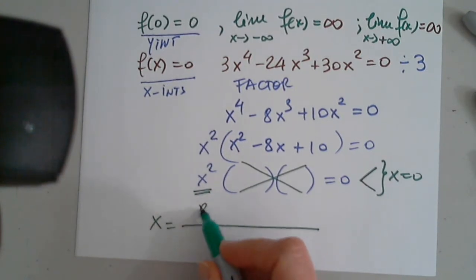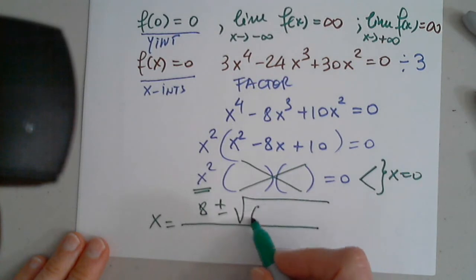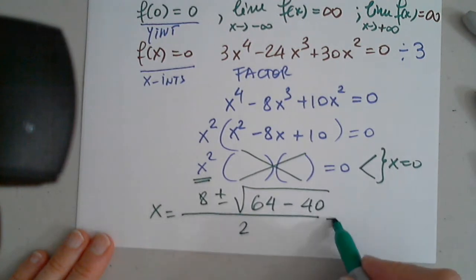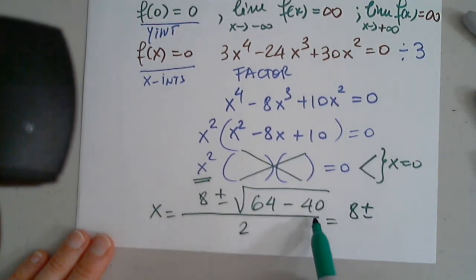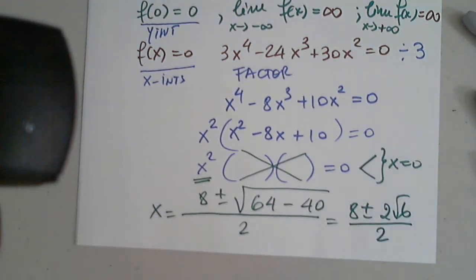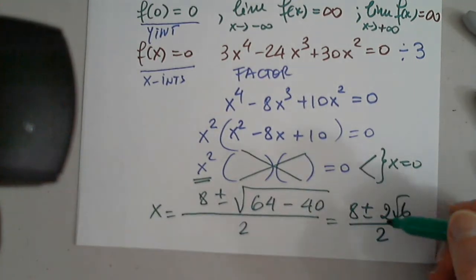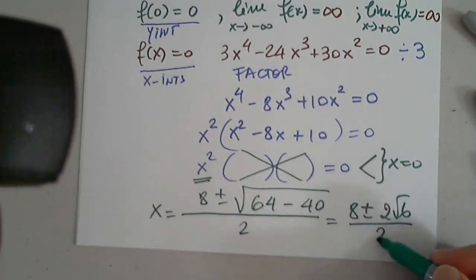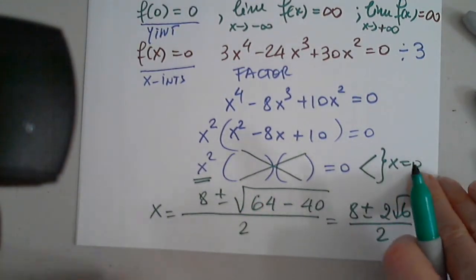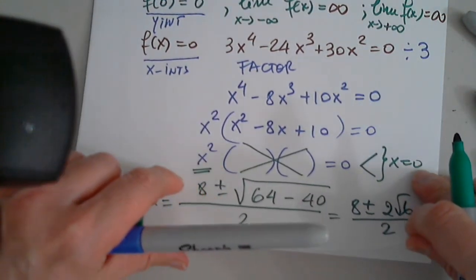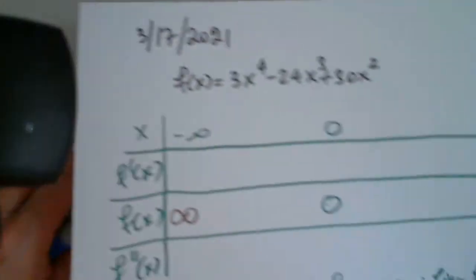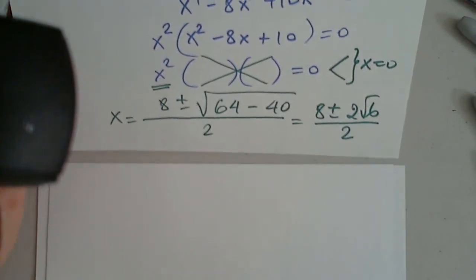Wouldn't it be 8 plus or minus the square root of negative 8 squared minus 4 times... Very good. Over 2 times... Good. So this is 24, and 24 is 4 times 6, so this is 2 times the square root of 6, divided by 2. And we have to simplify. Do not try to simplify 2 and 2 like this, or 8 with 2. You either separate or you factor out a 2. You can say, but why would I even bother? I need to approximate those anyway. That's true too. I completely agree. But the exact number